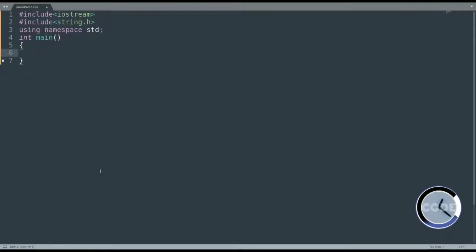Okay, now we will be storing the value given by the user in a string variable named val. Let's give it a size of 20. Also declare integer variables i, length, and a flag.